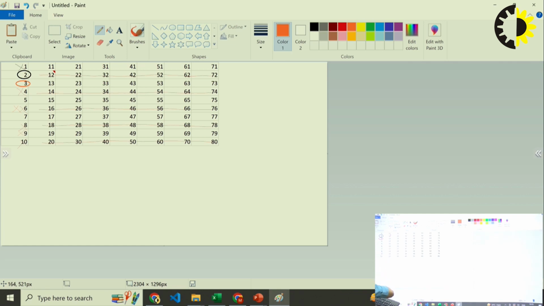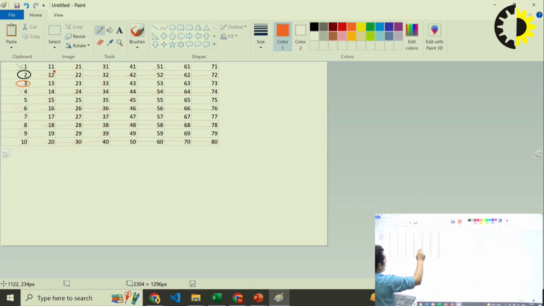Now delete the 9, 12 already deleted. Now delete 15, then 18, 21, 24 already deleted, 27, 30, now 33, 36, 39, now 42, 45, 48 already deleted in the list,